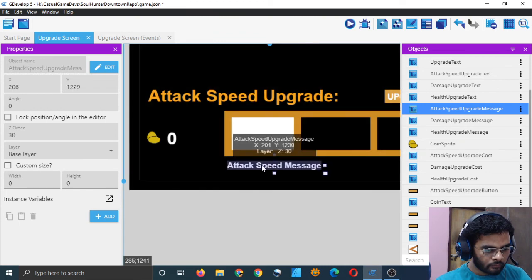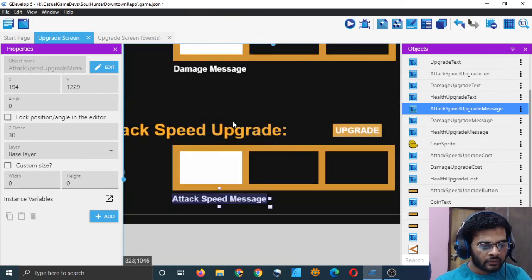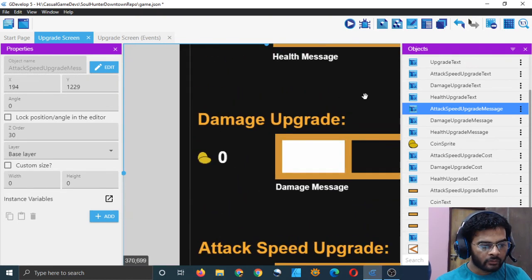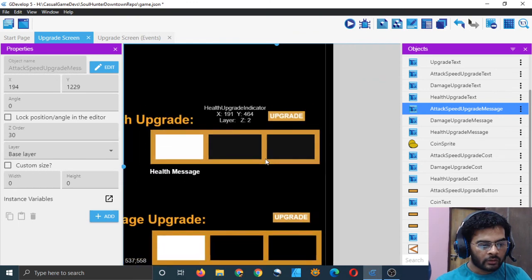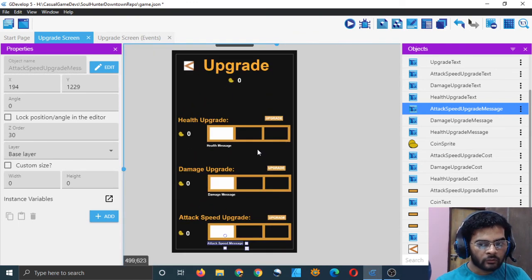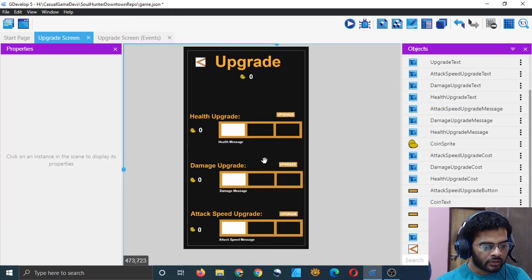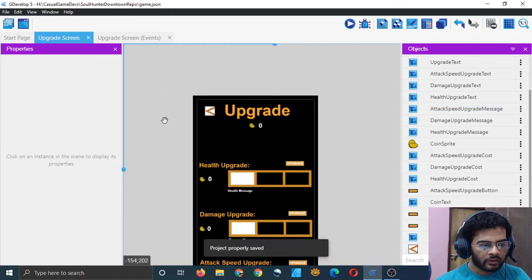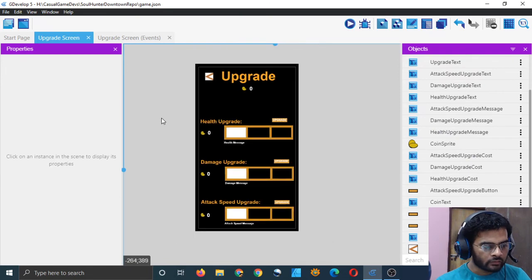So I am pressing space bar to use the hand tool. Press and hold spacebar and drag with your mouse, right? That's how you can use the hand tool. And I am using mouse wheel to zoom in and zoom out. So I just thought I should tell that because that's important. That's how you can easily move around in the scene.